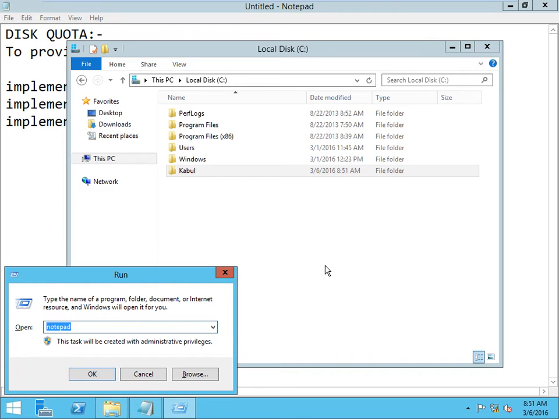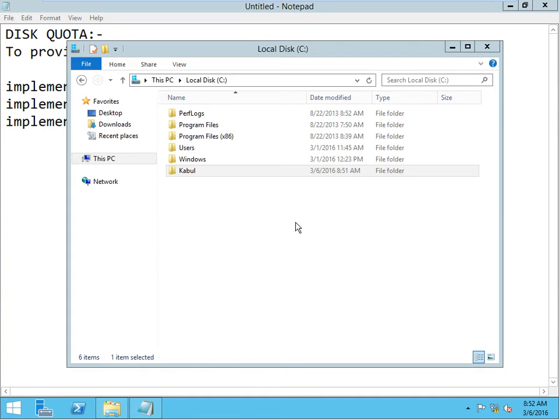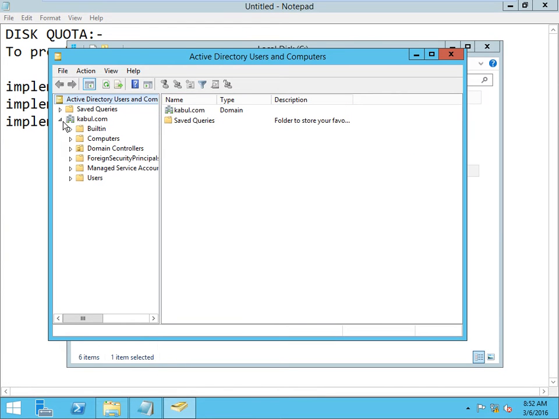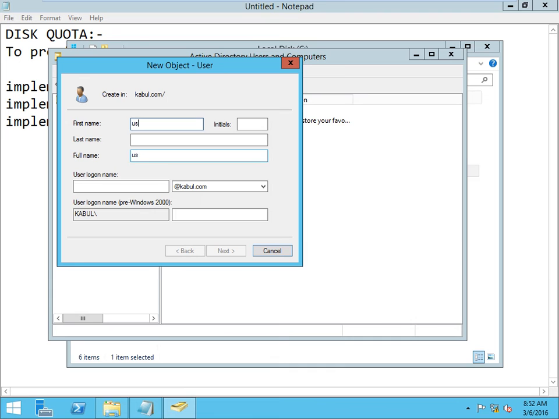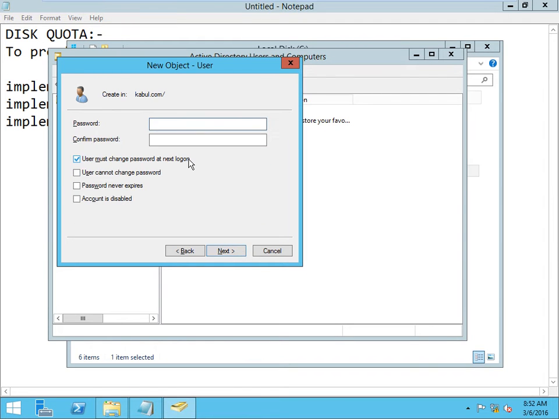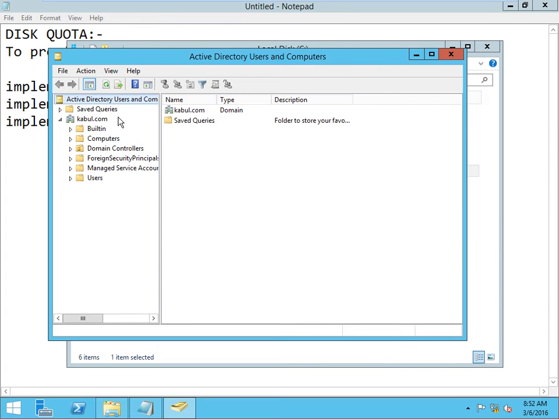Also just create one user, like dsa.msc. kabul.com is my domain name. Right click, create one user, suppose user1, next, password @123, password @123, next, and finish.